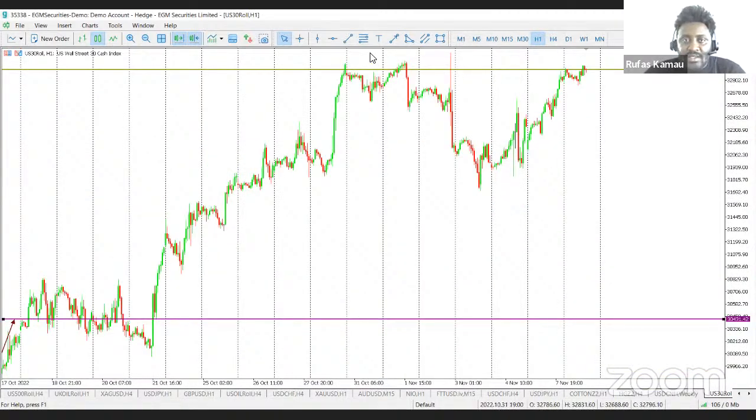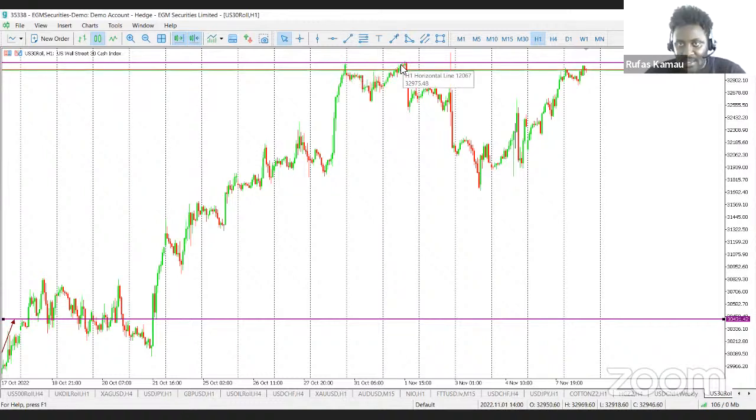So if I go to the 1 hour chart and you look at last week's highs, this particular level was tested 3 times. First time here, second time here, and also that time here. Now that the market is approaching this level here, it's very important that we weigh the potential that the market reverses and starts going down.